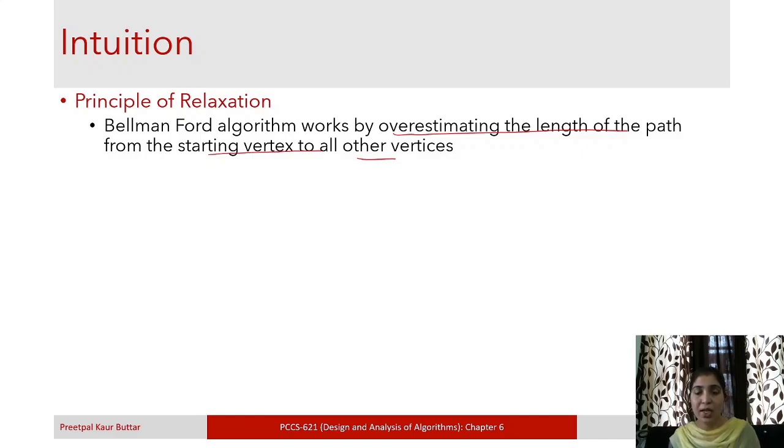So what is the overestimate? The overestimate is that the length of the path from S to every other vertex is infinity. This is the maximum length which can be possible between a source vertex and another vertex vi. Okay, so this serves as our base case,